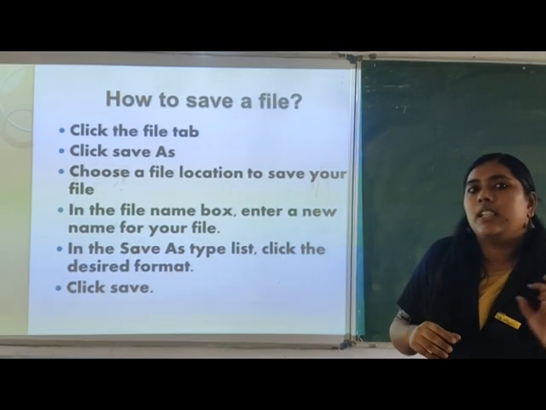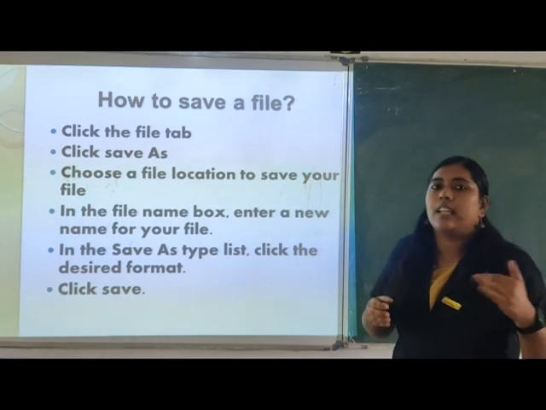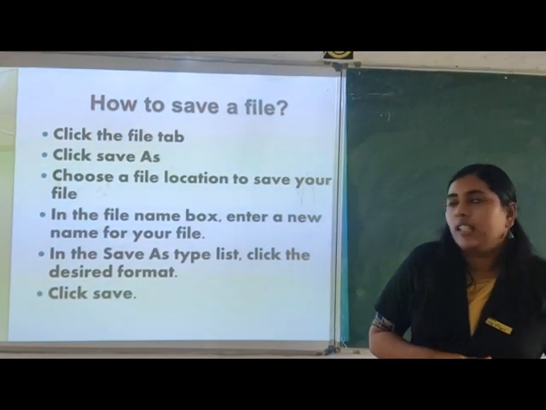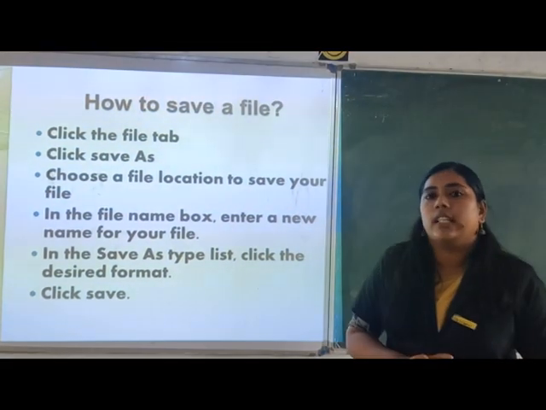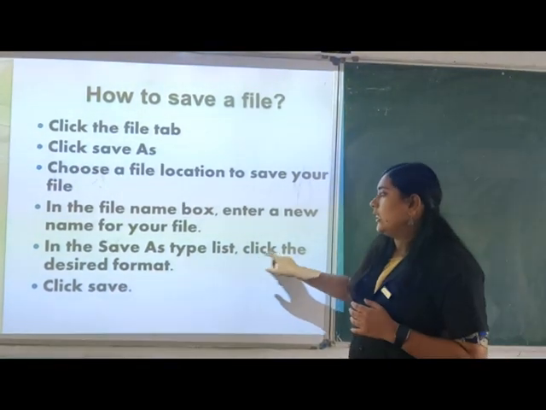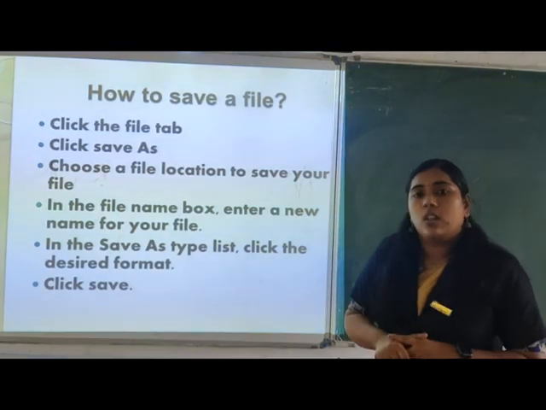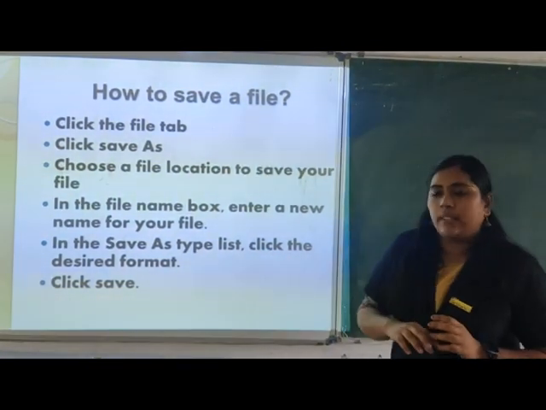If it is an image, we can save it in the form of a PPT or a document, and then follow the extension. So the save type is important. If it is an image, you can give JPG, PNG, etc. If it is a document file, you can go for doc, etc. Then click Save. Your file is saved.